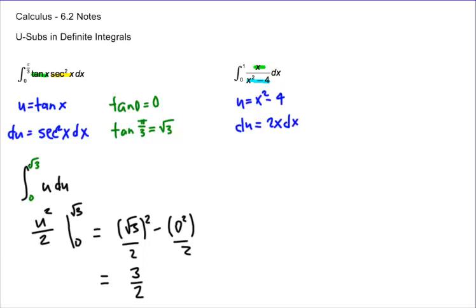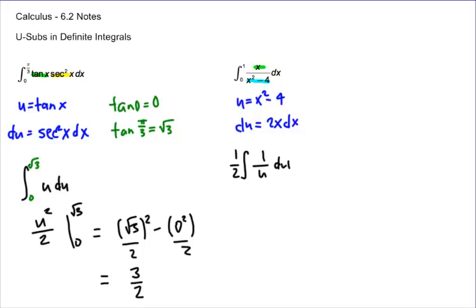So there's my substitution right there. And notice I've got a 2, so I've got to put a 1/2 in front of my integral. So I'm going to have 1/2 times the integral of 1 over u